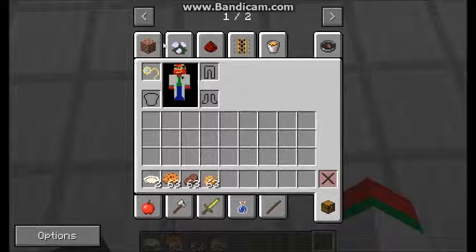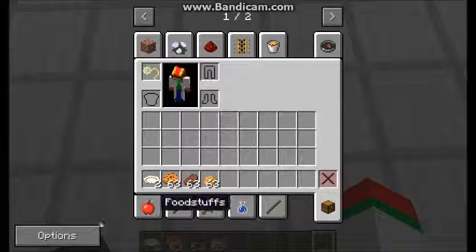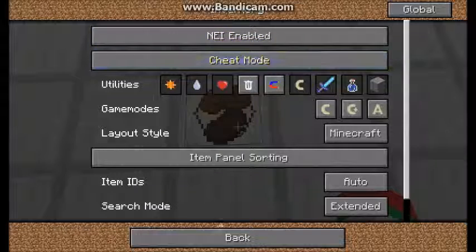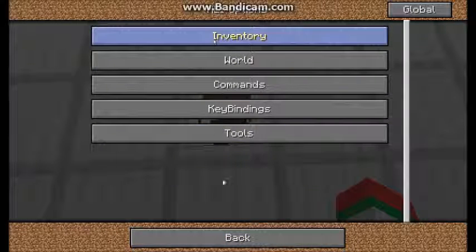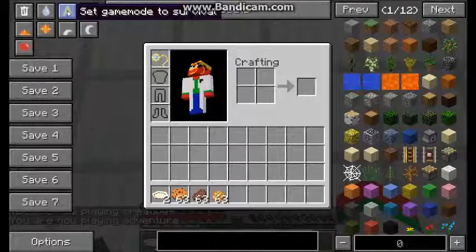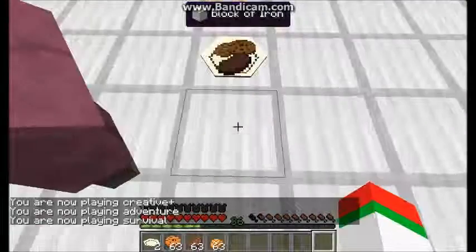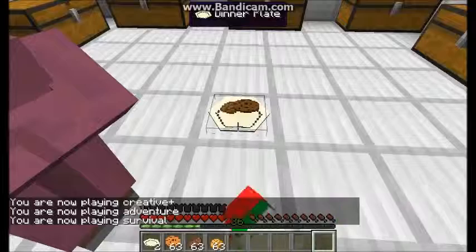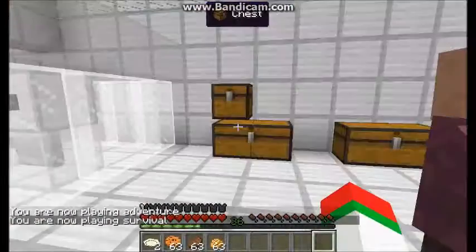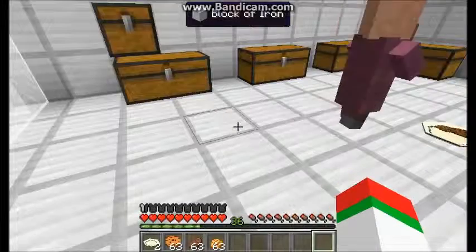And if I go into survival, and if I'm hungry, like I am now, and I right click on it, I'll actually eat one of the things on it. So if I get hungry, like,